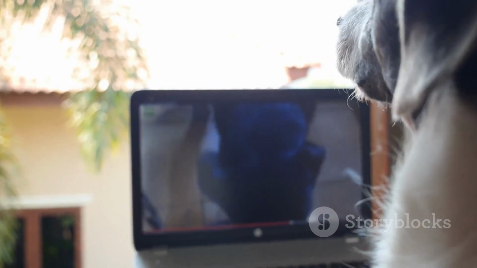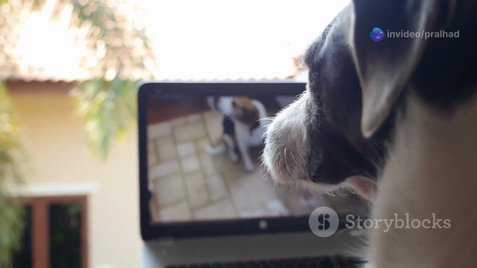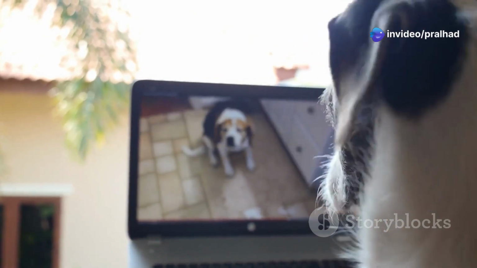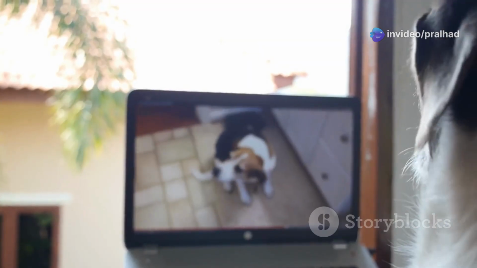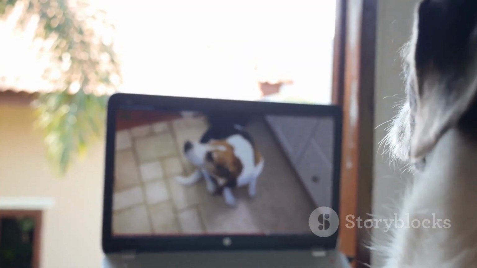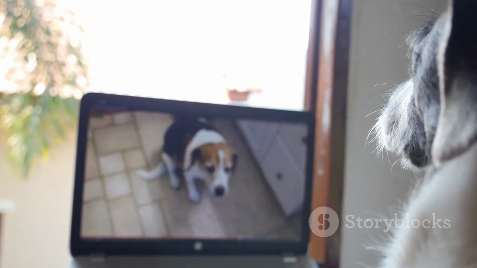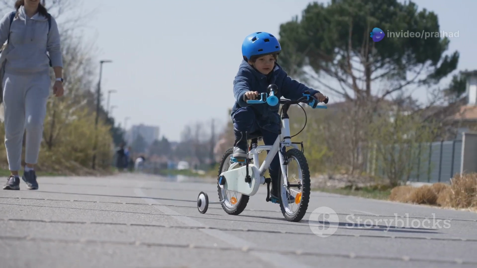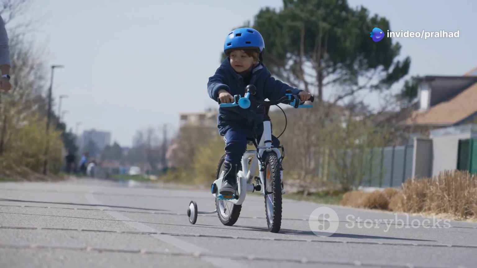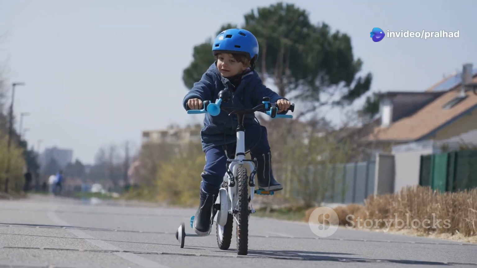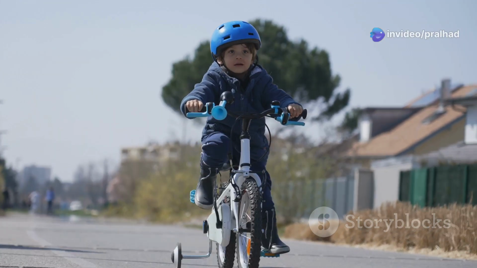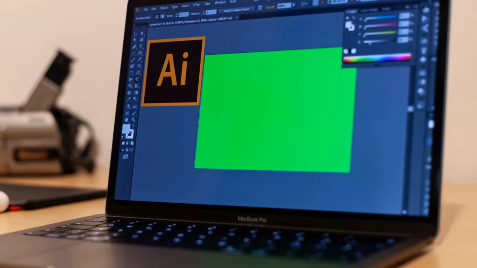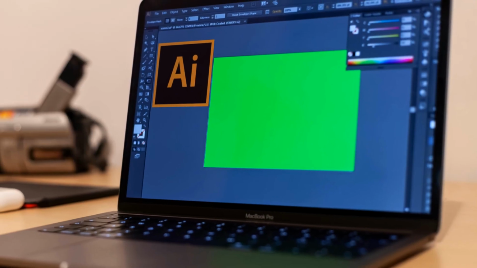AI helps computers learn by showing them lots of pictures of dogs, so they can start to recognize them on their own. This process is known as machine learning, a subset of AI where computers improve their performance on a task over time with more data. Just like you learn to ride a bike by practicing, AI systems get better at their tasks the more they do them. The more data they process, the more accurate they become. This is similar to how practice makes perfect for humans. They learn from experience and get smarter over time.